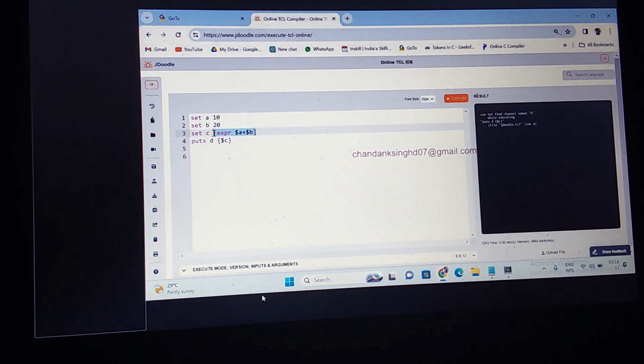So I am assigning the value of this to C. Okay, sorry, this should be only a single argument. The puts command takes a single argument: puts dollar symbol C. But I am putting it in curly braces. What is it going to print? Now this will print as a dollar, it is not evaluating what is inside. Correct? Now if I print like this, it is going to print by accessing the element of C, which is the value of C. Correct?